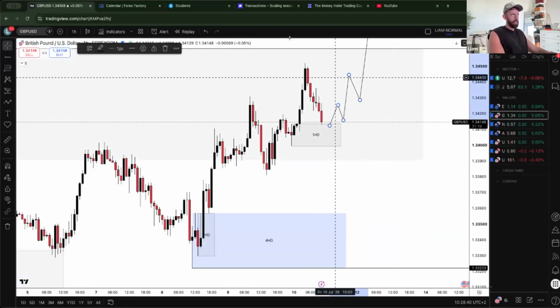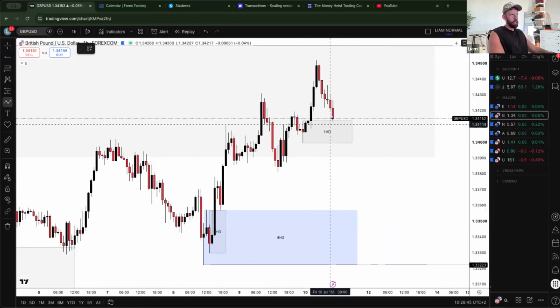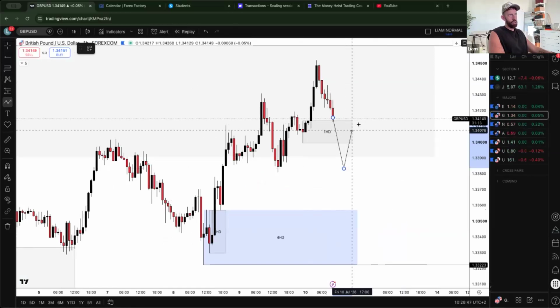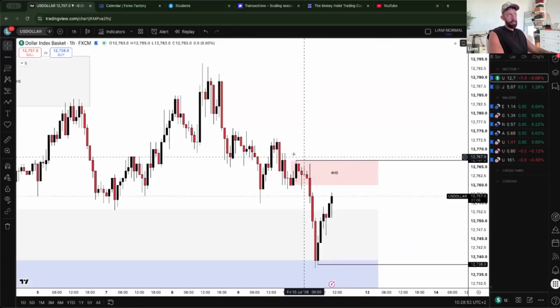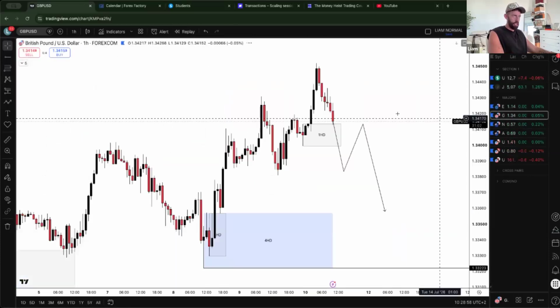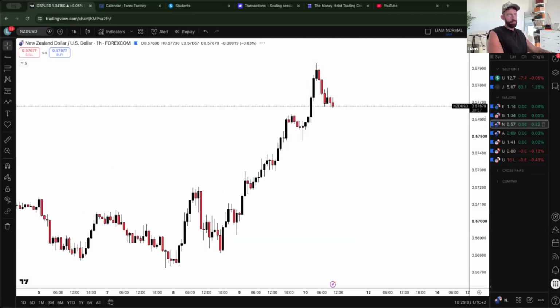Now, of course, as I've discussed with the other pairs, if market carries on shorting, then of course you can make a decision to look for the shorts if it aligns with the dollar. Again, if the dollar breaks above this high, then of course, if we look for the dollar bulls, we'll be looking for GU, EU, and other major pair shorts.